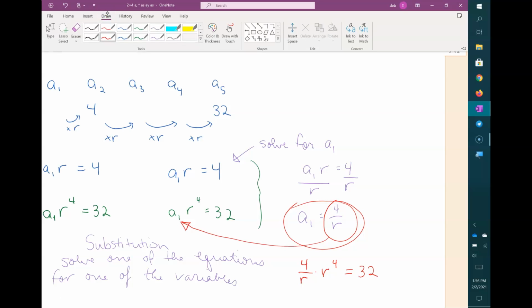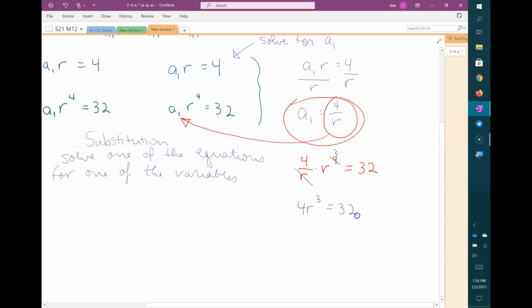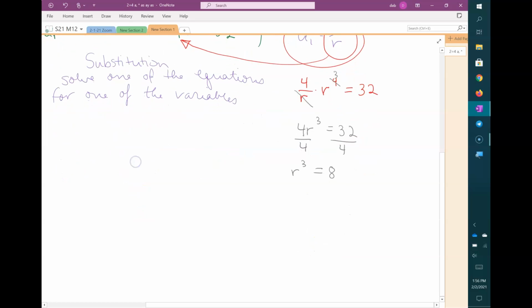So now do you see that you have an equation with only one variable? This r is going to cancel one of these r's, and I have 4r cubed equals 32. Divide both sides by 4, and I get r cubed equals 8. And then I want r by itself, so to undo cubing, I do the cube root of both sides, and I'm asking what number times itself 3 times gives me 8. Or you can ask your calculator, and that's